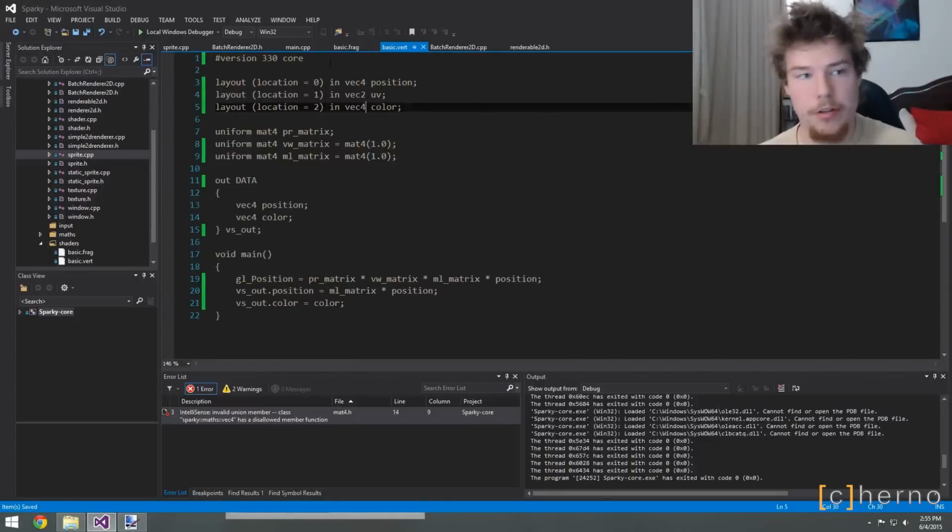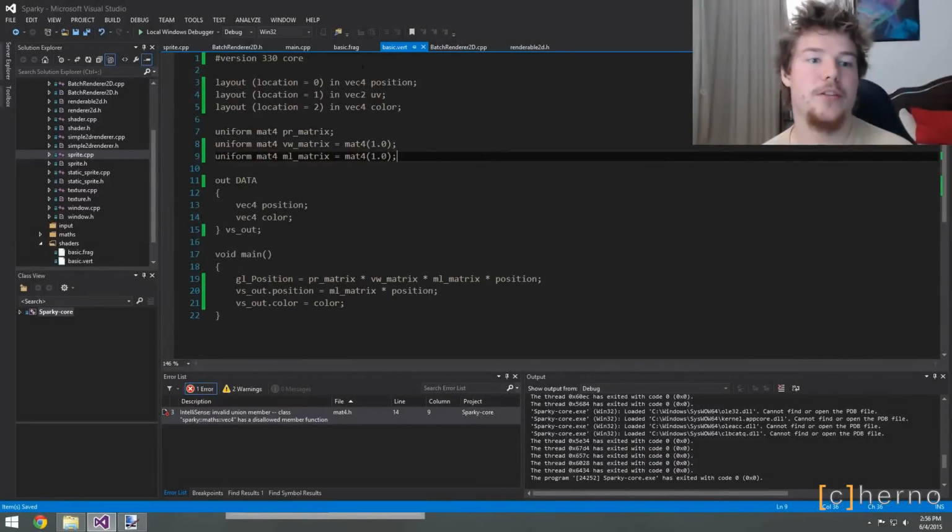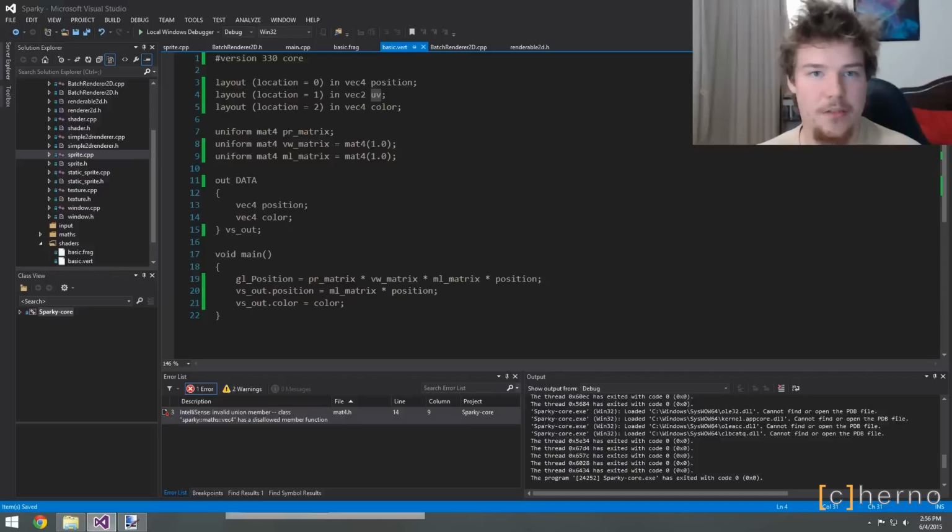The next thing we need to talk about is shaders. In our vertex shader, we need to handle these UVs because we need to pass them into the fragment shader. So to do that, what we essentially want to do is